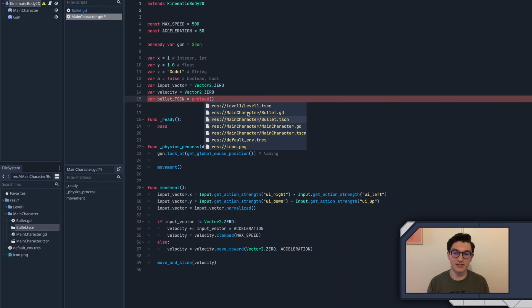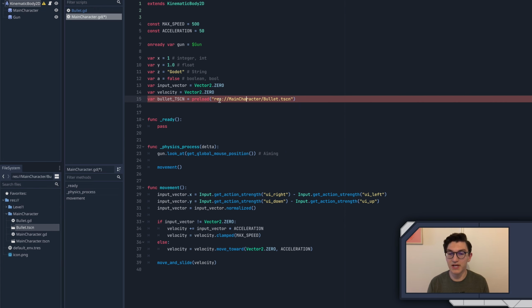But typically you're going to have hundreds of scenes or even just 20 scenes in your game. You're not going to see them pop up right here. The best way to do this is just go down to your file system tab and you can either search for bullet as I have right there, or in our case, you can see that it's just res, main character, and then bullet. And we'll click and drag the scene into these parentheses